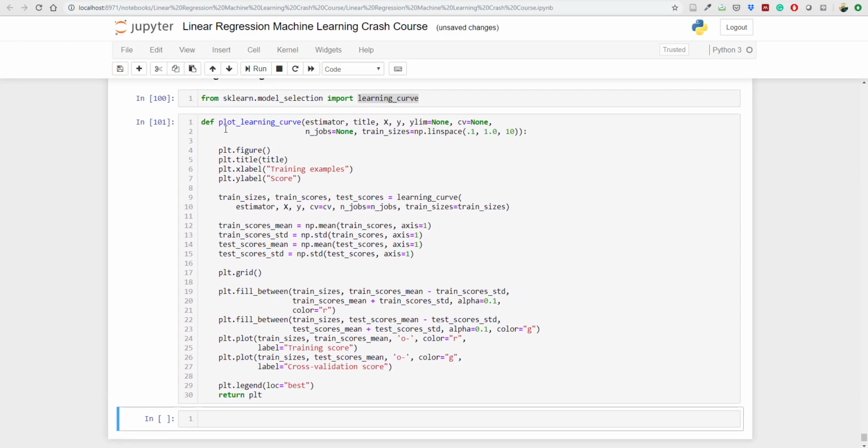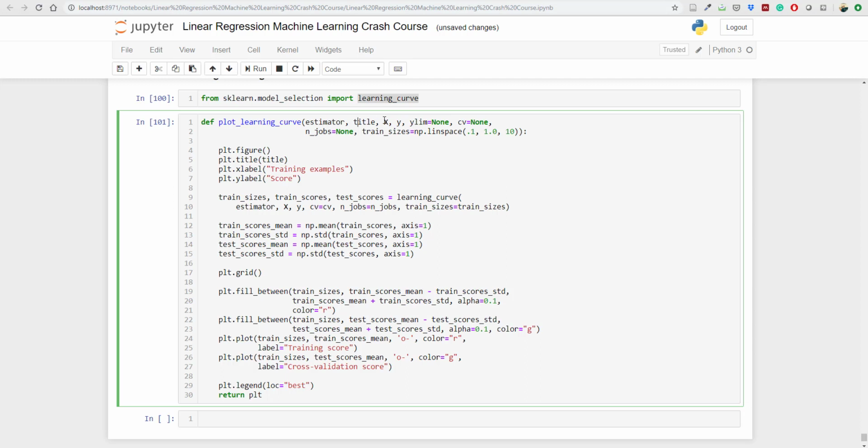So here I have created a Python method. This Python method is taking an input estimator, a title, x, y limits, cross validations, number of jobs, that means how many cores on my computer I want to train my model with, and train size. This train size says 0.1 to 1, that means it will start from 0.1, that means